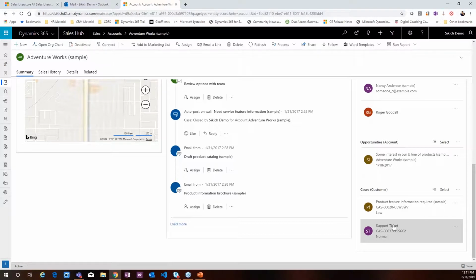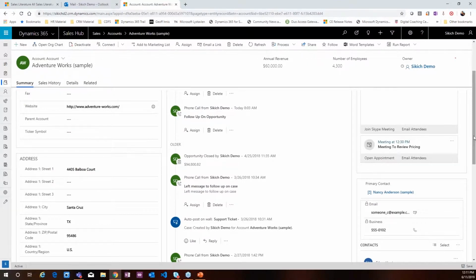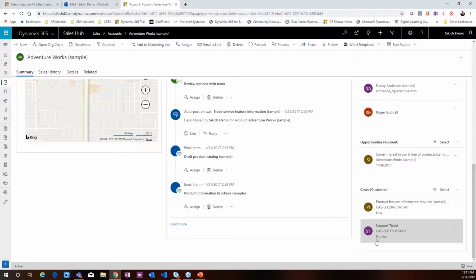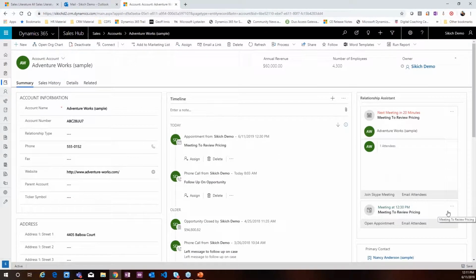Now, where this becomes critical is that we're giving this visibility to the entire organization with customer engagement. So as a sales rep, I'm walking into this meeting in 20 minutes to talk to them about pricing and potentially preparing a proposal, but I can see that they've got some support ticket issues that they're currently working on. One of them is they requested a sample of something, and the other is that there's an issue that's going on. So I have visibility to look into that, maybe speak to my team members about what's going on to see if it's a critical situation that we need to address. And that's going to maybe impact my meeting that I'm walking into. So now I'm being presented with information that will better arm me and better prepare me for interacting with that